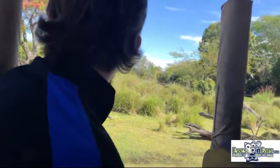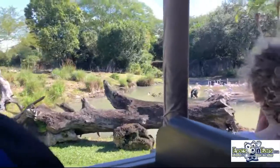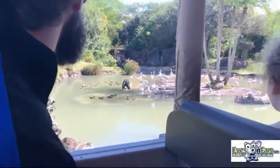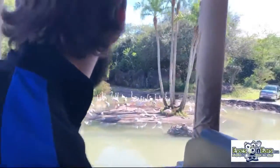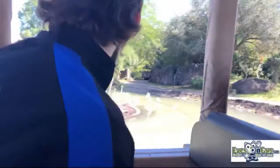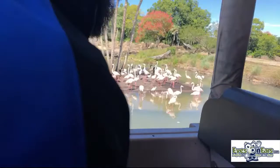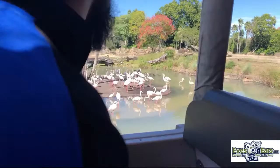Coming up to our left side, you'll see the greater flamingos, the largest of the flamingo species, standing about 5 feet tall at their tallest. The greater flamingo gets the pink color on their feathers from their diet. They eat a lot of shrimp, which is high in something called carotene. It's going to turn their feathers pink. Also, a group of flamingos like this is called a flamboyance of flamingos. And if you also saw some flamingos earlier on your walk through the park in front of the tree of life,